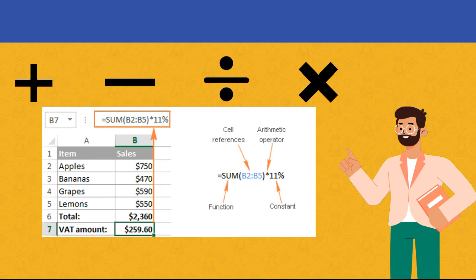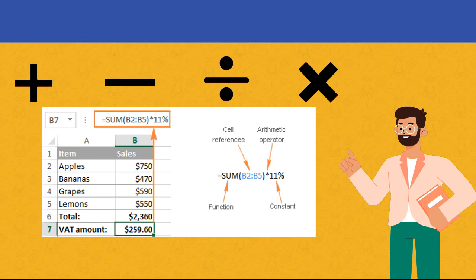Fourth, functions: predefined formulas in Excel. On the screen, you can see the complete elements of a formula, which is totally bifurcated for your knowledge and understanding.